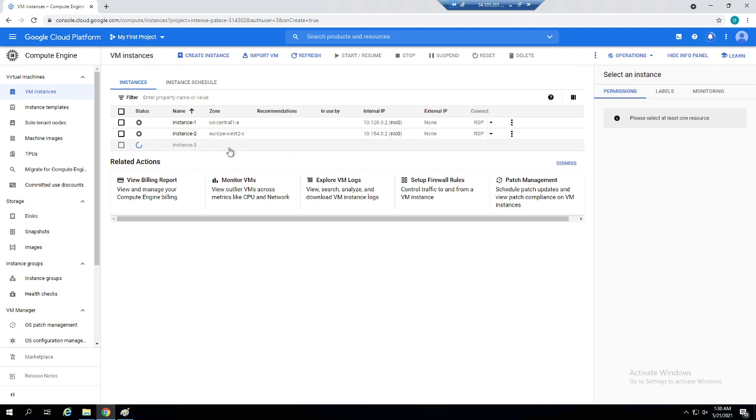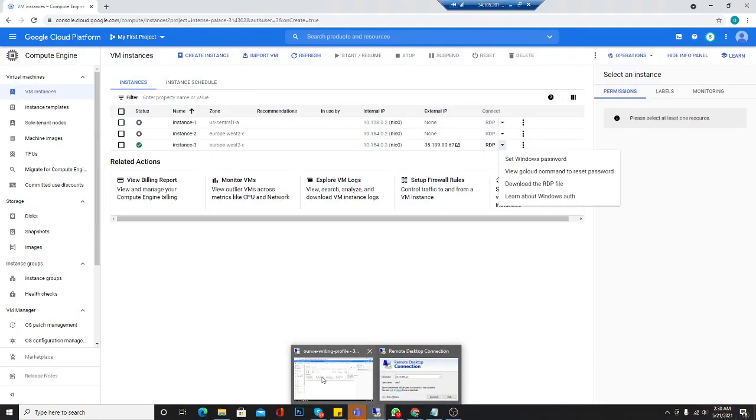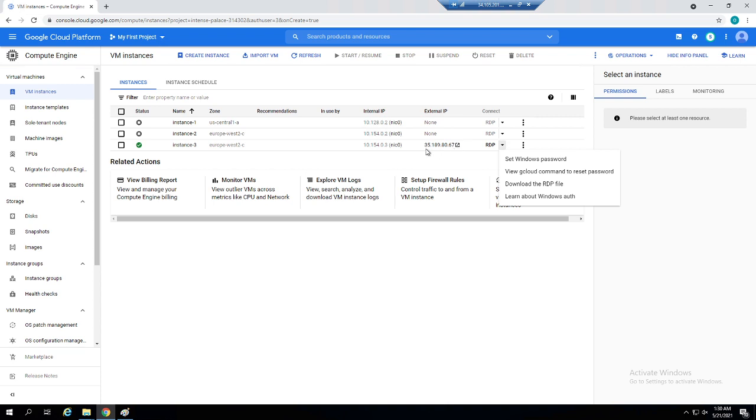Hold on, it's just creating. Okay, so it's created. Now what we have to do is set a username and password here. At first I'm moving to my desktop and searching for RDP, Remote Desktop Connection, and I'm going to type that IP here, the external IP address. Copy it over there in the RDP